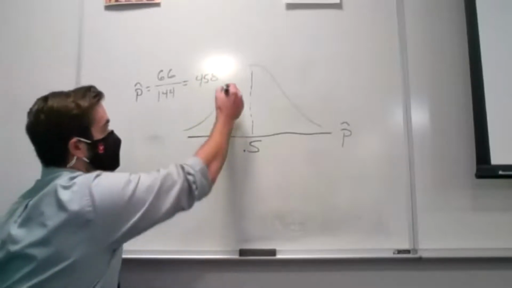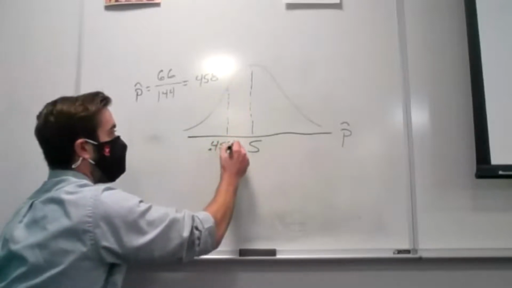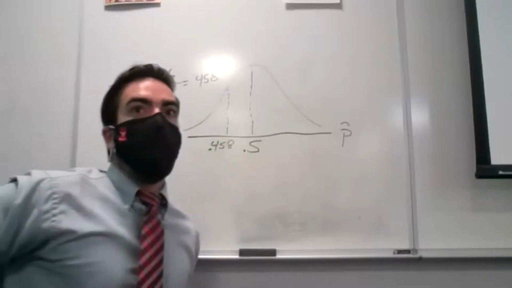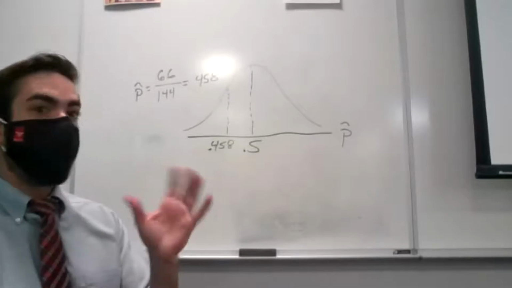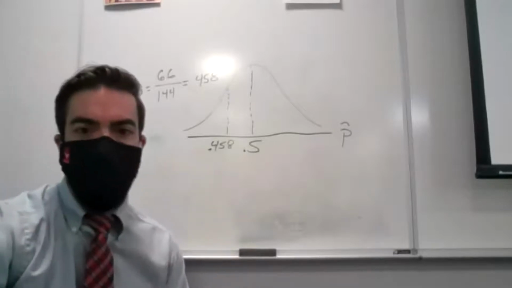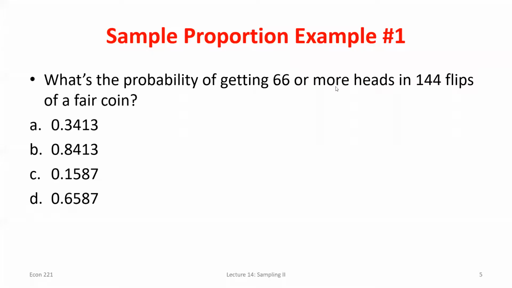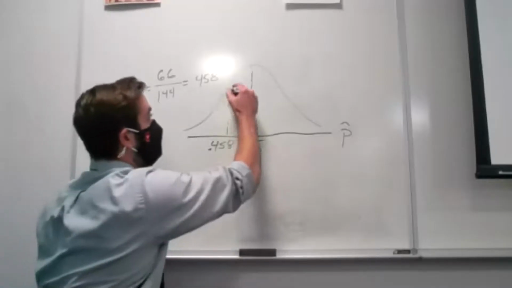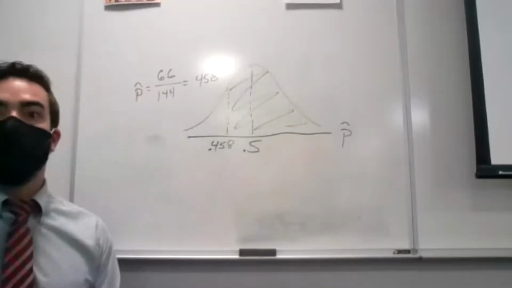So I'm thinking about what's the probability that I see the proportion of coin flips out of 144 be 0.458 heads, or 46-ish% heads. And actually, I forgot, was it more or was it less? In the slides, let's see. Or more, right? Okay. So if we want or more, we're thinking about the area to the right. Right away, I know that probability has to be greater than what value?